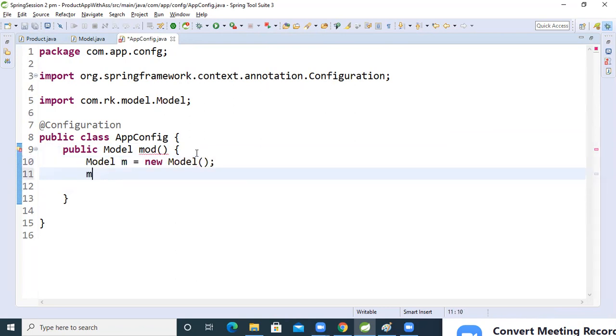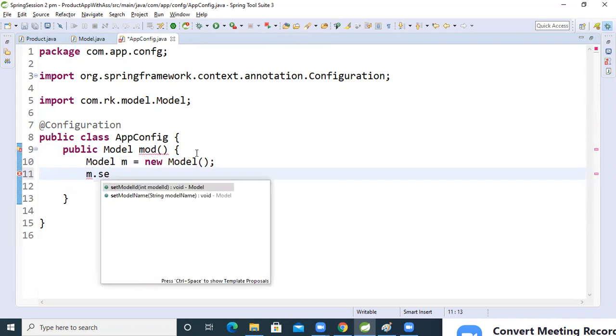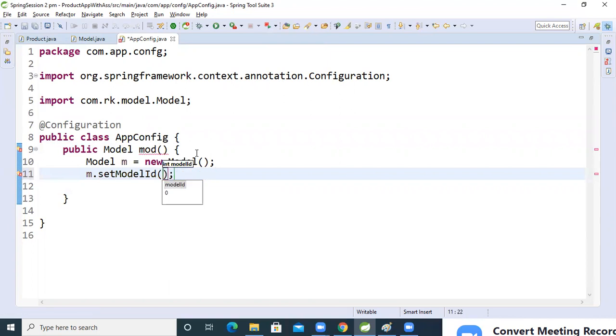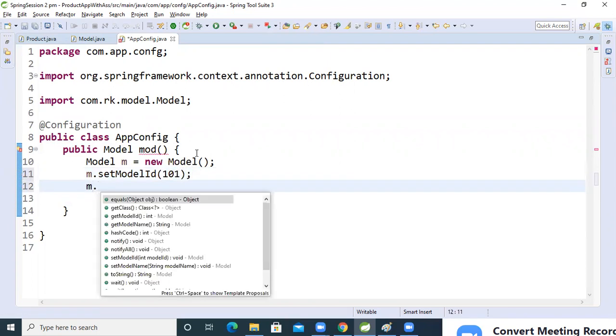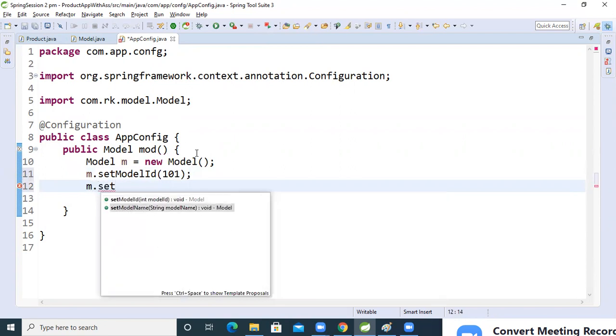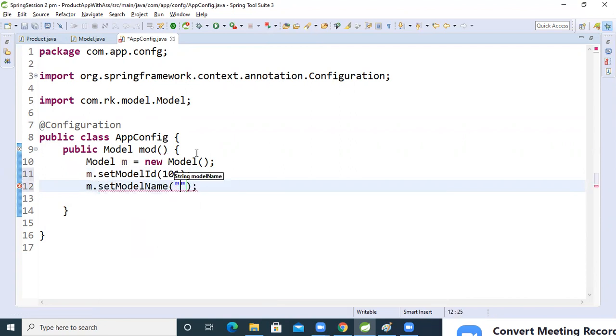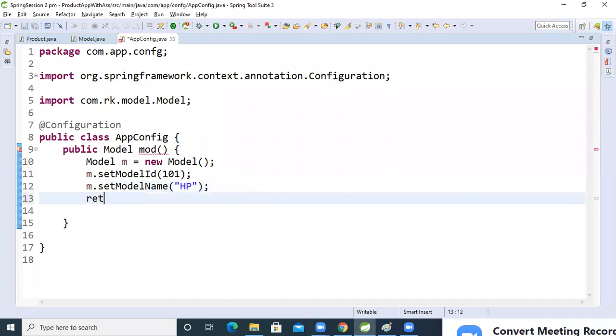Inside that, m.setId, the id number 101 I'm taking. After that m.setName, model name I'm taking as HP. Now I'm returning that object, return m.